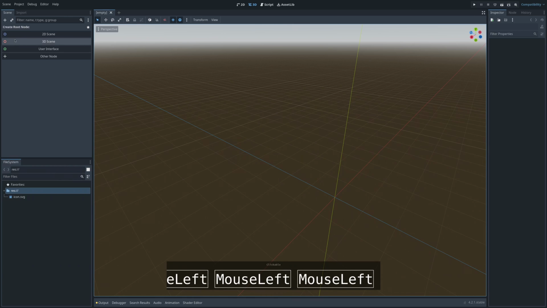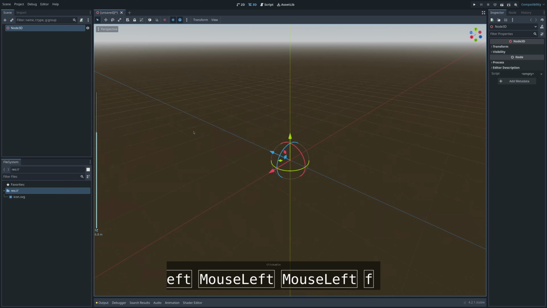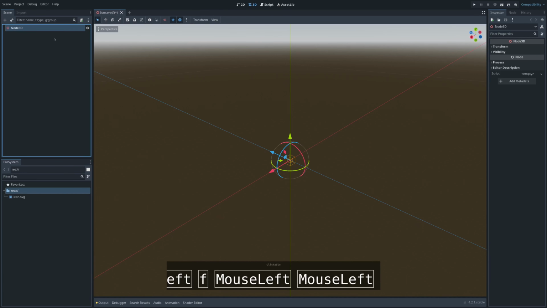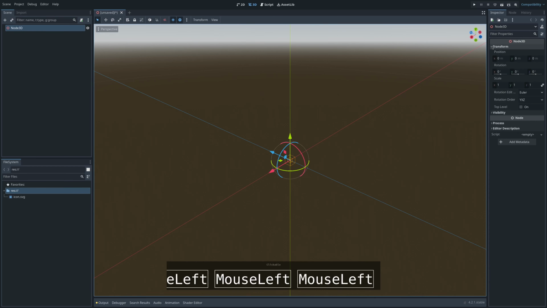So I'm going to click this 3D scene button, and you'll see that it created this thing called node 3D. And you'll notice a couple things have happened when I created this node. Firstly, we have this gizmo, and if we zoom in, it's created this tiny little orange box. You'll also maybe notice that this area over here has been populated with different properties, okay? And if I click off of it, you'll see that this area is blank, right? But if I select this node right here, you'll also notice that these properties have appeared over here on the right, okay? And if I go ahead and open this up, you'll see that there are some basic fundamental properties